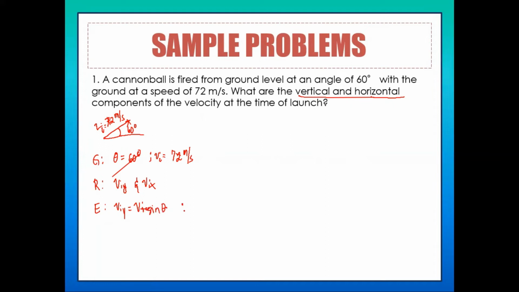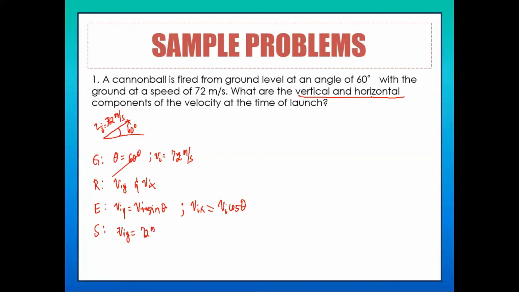Okay, while for your v sub ix is equal to v sub I cos theta. Okay? So, substitute natin ang ating mga given for our solution. V sub iy muna tayo is equal to, v sub I natin is 72